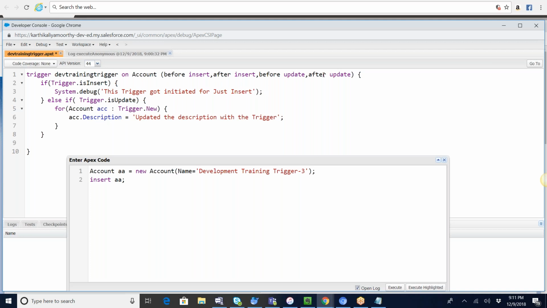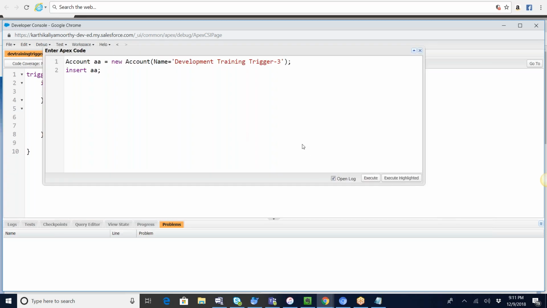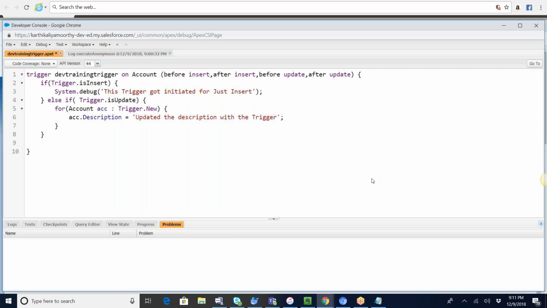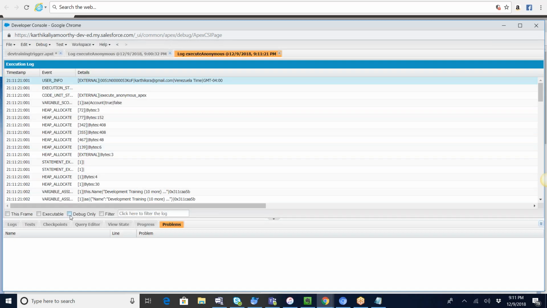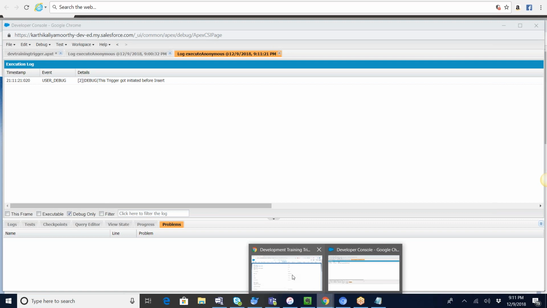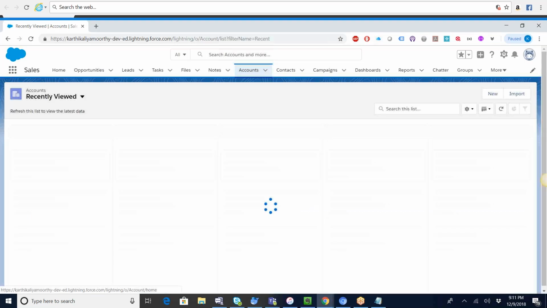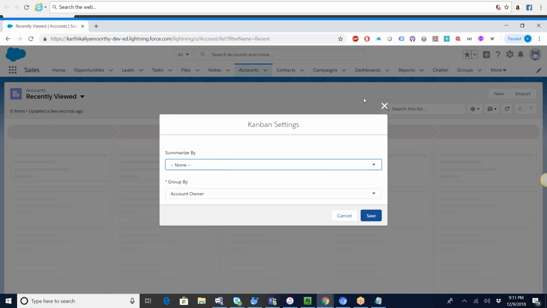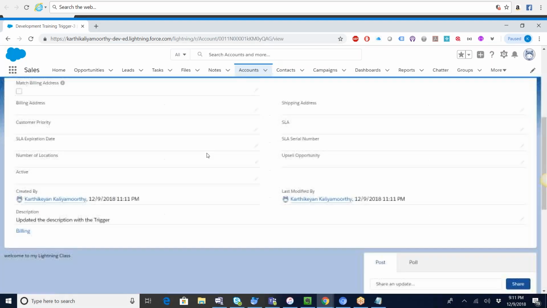Okay, I wrote here before trigger, before update, after update also. All right, let's try to insert a record here. We go to the debug only, and we see this got triggered before insert. Wow, that's good. And then we go back, click on the accounts. See, this is the 3. And if you look at the description,